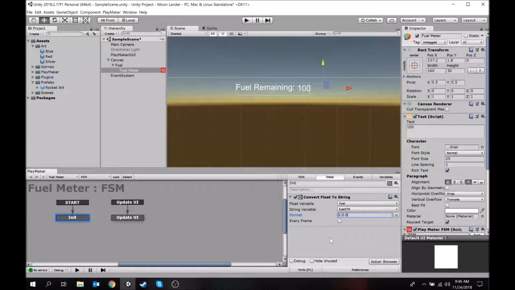Okay, so we've converted our float to a string. Now, on this init state, we need to make this bit of the UI represent how much fuel we have, right? We need it to show up correctly. I mean, we put 100 in there, but if our fuel is actually 50, we don't want it to stay at 100, right? Okay, so we need to do this thing called set property,